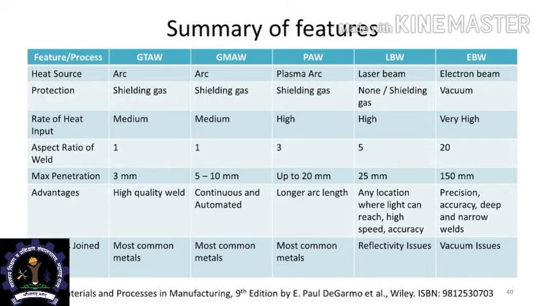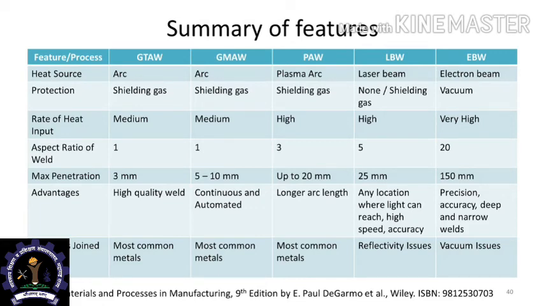What are the disadvantages? It is a slightly more expensive facility compared to the MIG welding facility. In the case of laser beam welding, the heat source is the laser beam, basically light, and the protection is not given by a shielding gas unless you necessarily require it. The reason why one would normally not think about a shielding gas in the case of laser welding is because the duration when the liquid metal is exposed to the environment is very short, and therefore the amount of contamination or formation of oxides etc. is very less, and therefore, one normally does not choose to have a shielding gas, but one can have it if it is required,